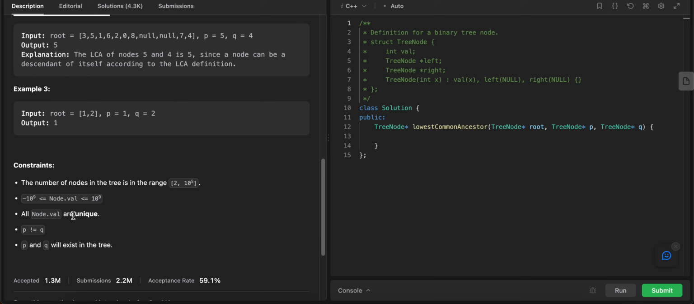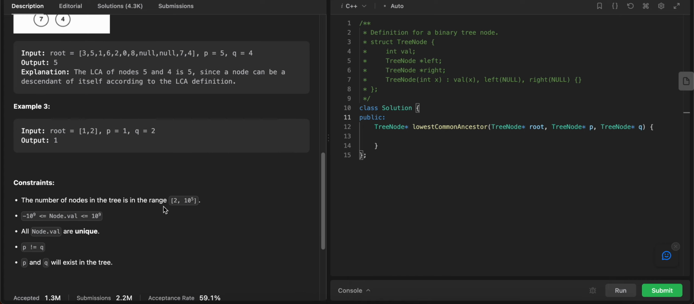All node values are unique. P is not equal to Q. So these are the two nodes P and Q given to us, and P and Q will exist in the tree, and all nodes are unique. So definitely these will exist. So now what we have to do is we will use a recursive helper function for our solution. So we'll directly use the helper function and pass the root, p and q to this helper